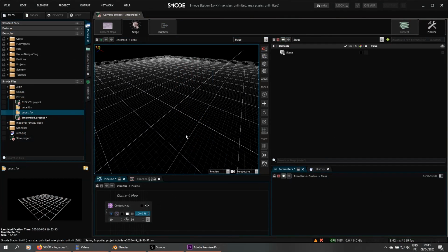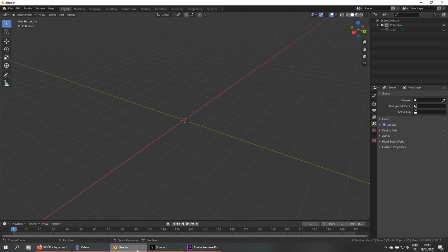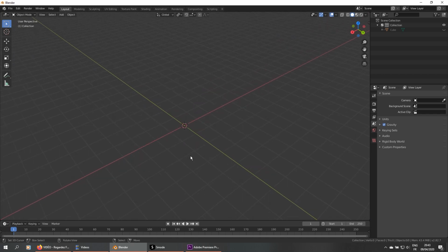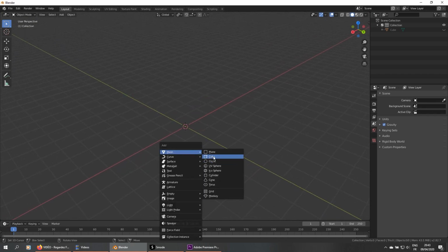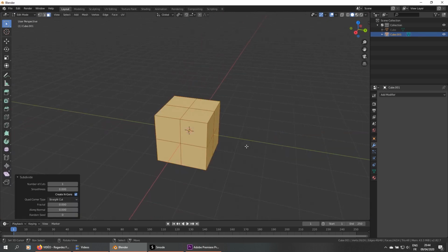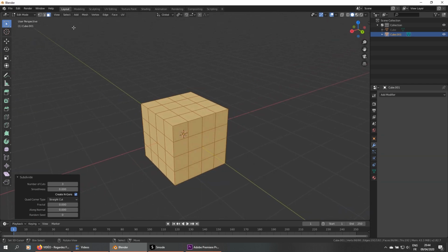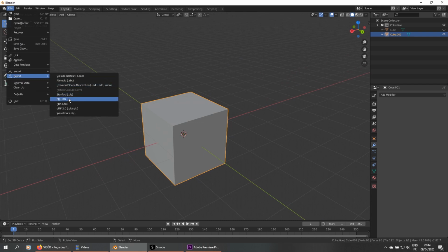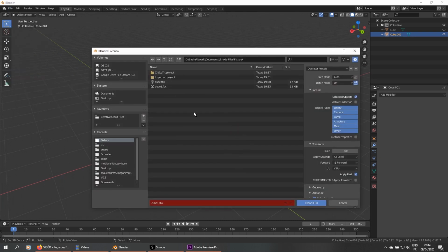And now let's see how to import some 3D object into a fixture. So let's switch to Blender and add a new cube, and let's subdivide it like this and export it as FBX.